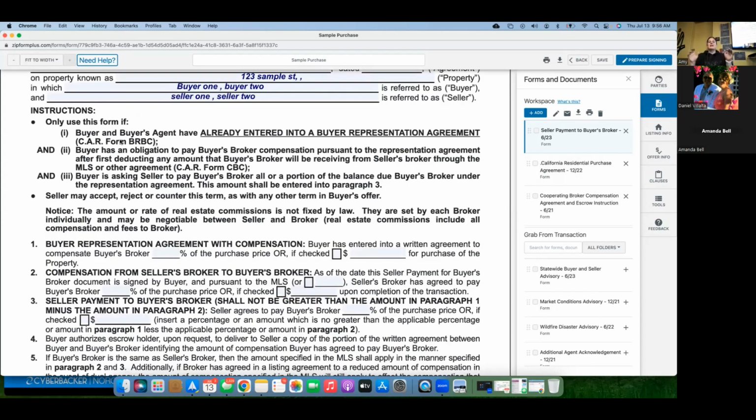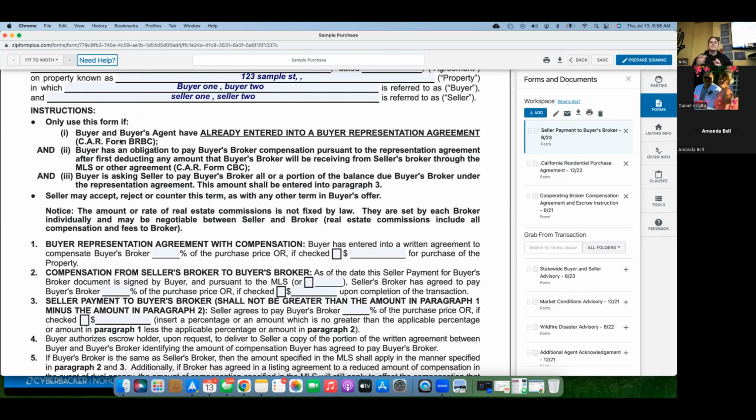The buyer and seller agent have already entered into a buyer representation agreement. So you have to have that BRBC signed and dated before we write the offer. We have to enter into that prior to this date to make sure that it's safe and that you're good, right? Buyer has an obligation to pay buyer's broker compensation pursuant to the representation agreement after first